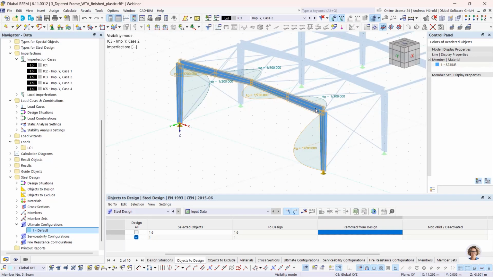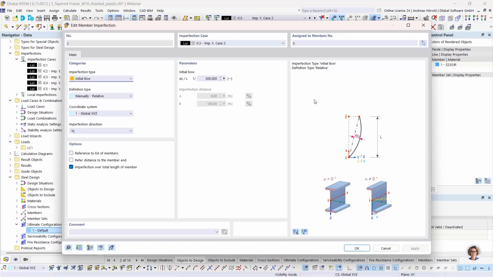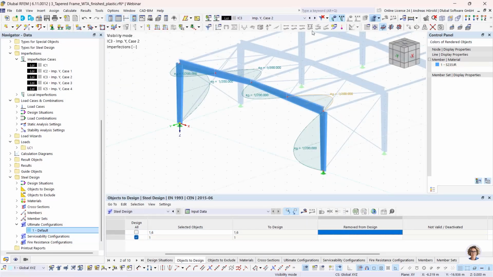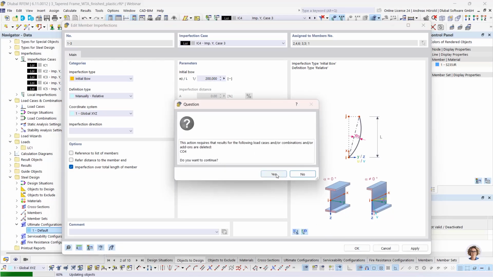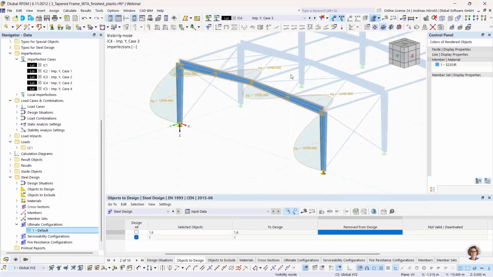Oh, I didn't select this one. That was my fault. Sorry. Was it correct for the first case? Yes, it's also correct. So then, third case, 200. Okay. So in the last case,